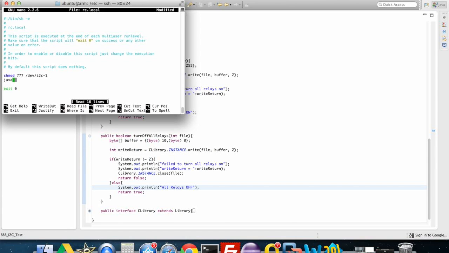You could say java -jar /user/lib/cgi-bin/BeagleBone Black, what was it, underscore I2C, I think it was. Yeah, so you could write that in there, and then basically as soon as your BeagleBone Black boots up, it'll